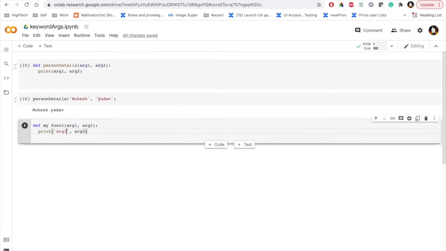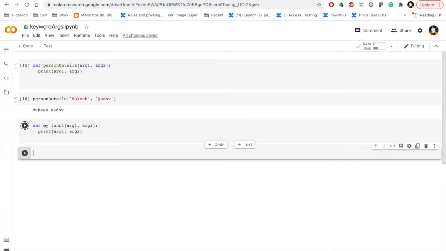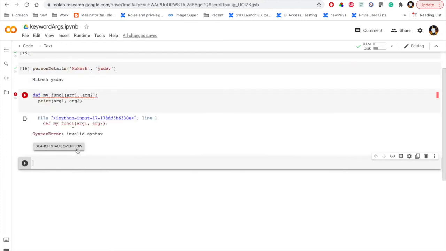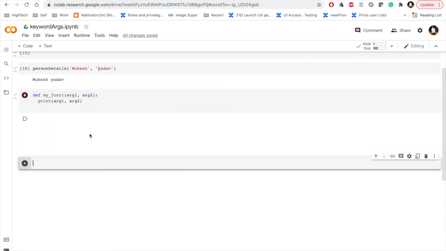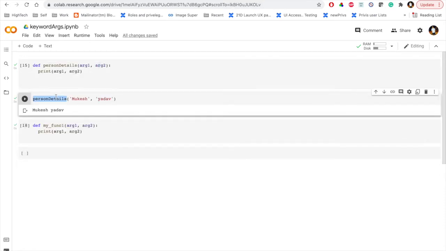Sorry, this is not a string format. Now let me define my underscore func, and now let me call this function.